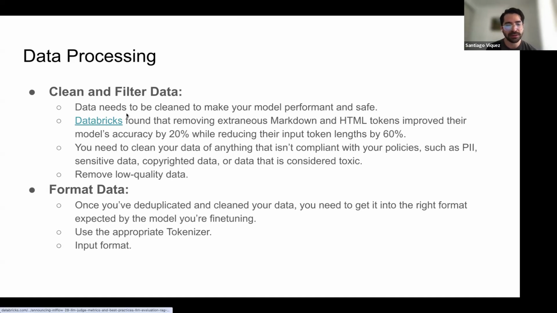There's an article by Databricks that found that removing strange markdown and HTML tokens improved their model accuracy by 20%, while reducing their input token length by 60%. So just by removing weird stuff that they didn't care about, their model performance increased and their token length got reduced. So probably they got a better model for a cheaper price. That's great.